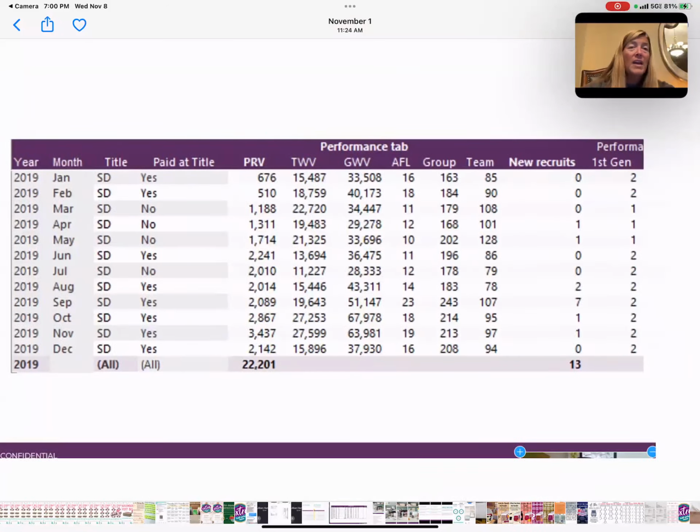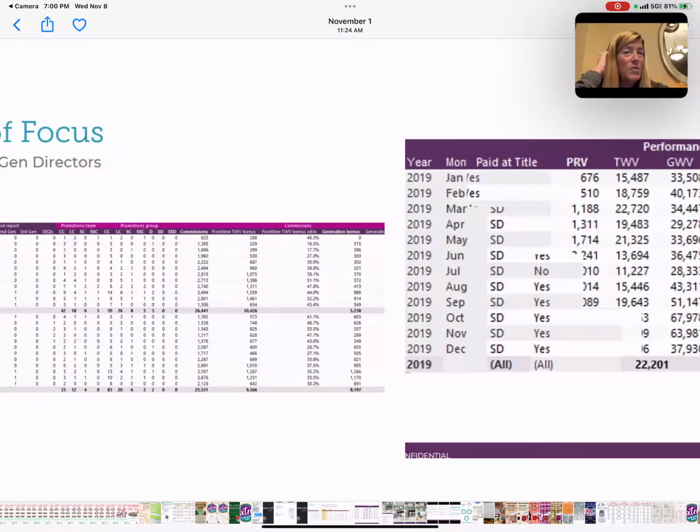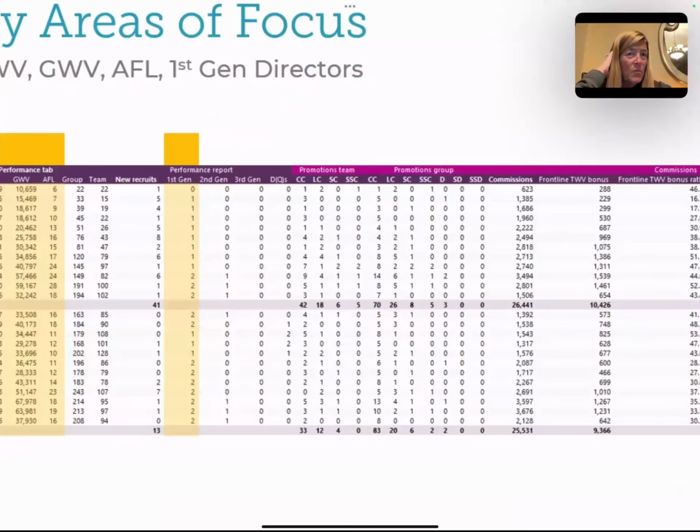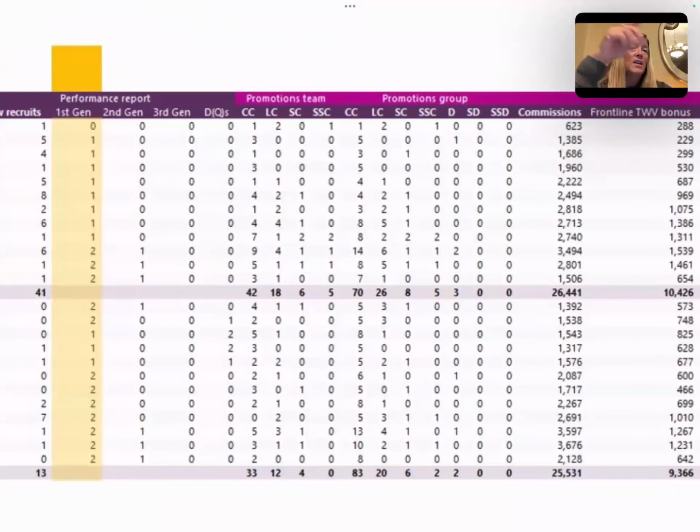Okay, so that is a very quick version. I will show you too over here, for leaders, this is really nice to compare your promotions, to see, okay, I only had 1 person promote to certified in January and I had 3 in February. So what did that look like? How did that happen? Down here we have the fall months, so I would expect to see higher numbers, 7, 9, 5.